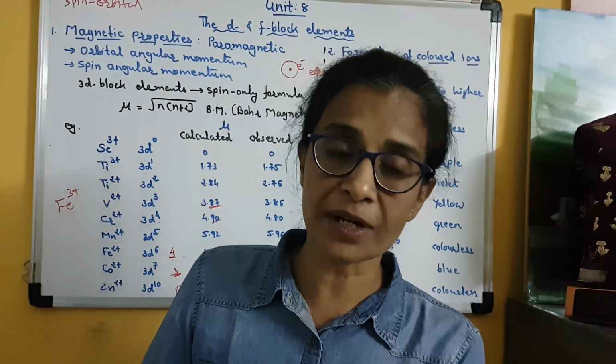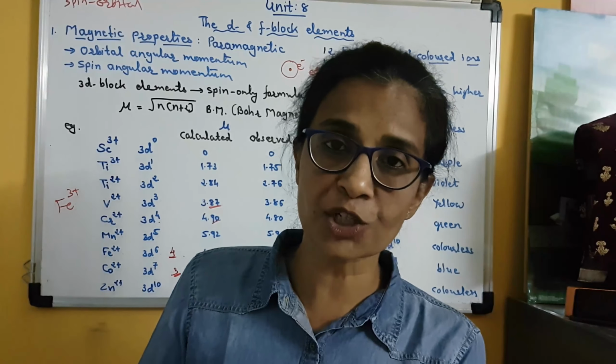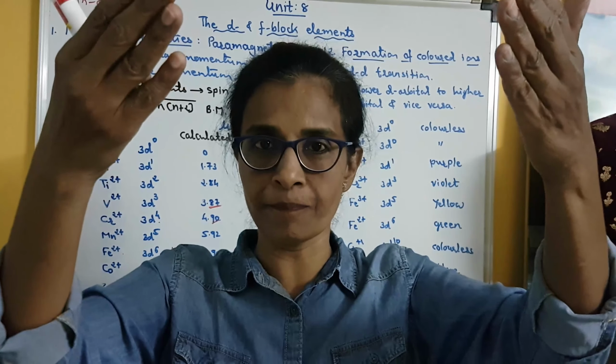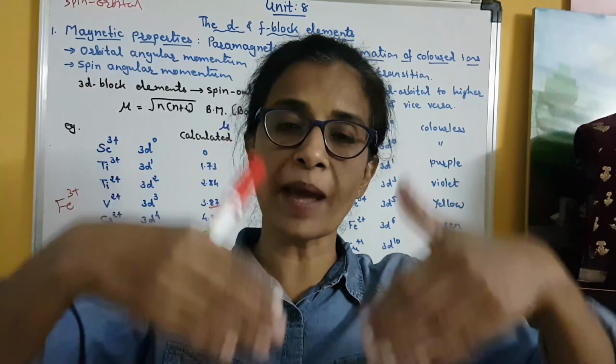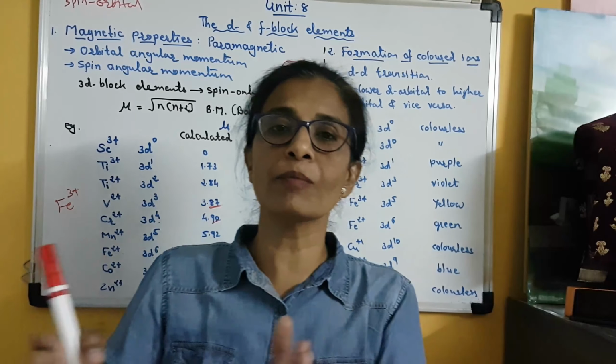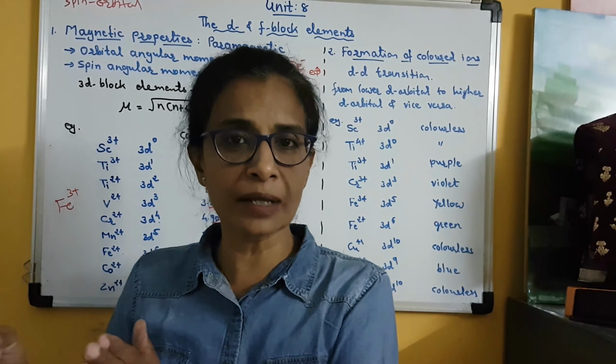As these are transition elements, they have one or more unpaired electrons in their d orbitals, and that is why when these elements are exposed to visible light, then by absorbing this light energy, an electron present in a d orbital is excited to a higher d orbital. Clear? And when it returns to the lower d orbital, it will emit the absorbed energy in the form of light. Clear? In the form of colored light.